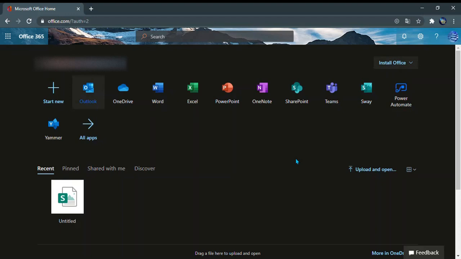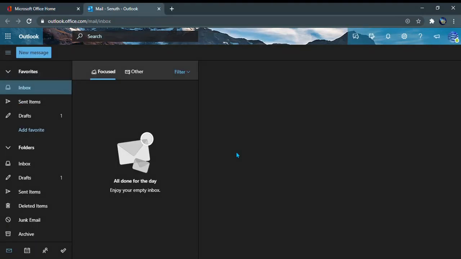Okay, let's talk about the 365 features. I will explain the Outlook features, which would always be useful to you. Word and other apps I will present to you separately. Now you can see this is more familiar to your Gmail account. You can see on the left corner of your screen new messages, inbox, which I am not going to explain. You can easily learn by seeing it.